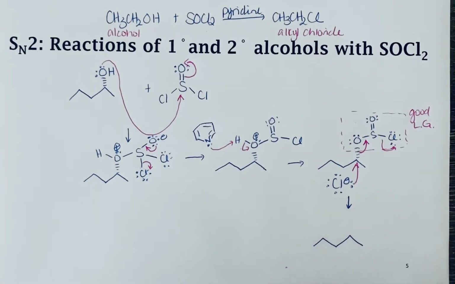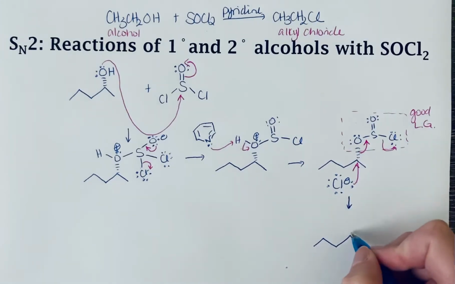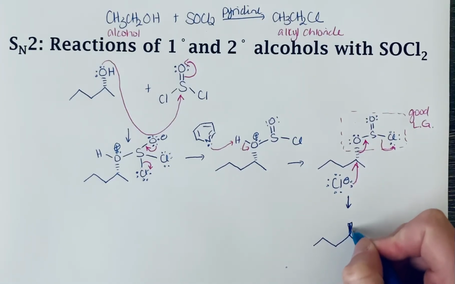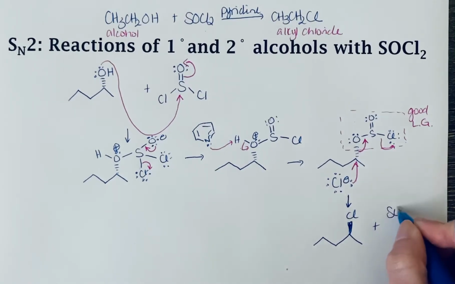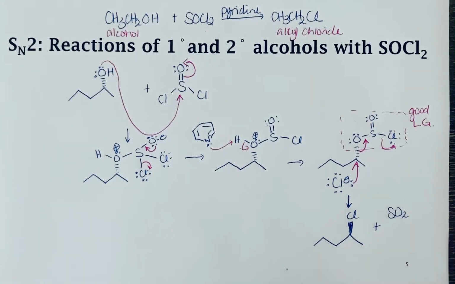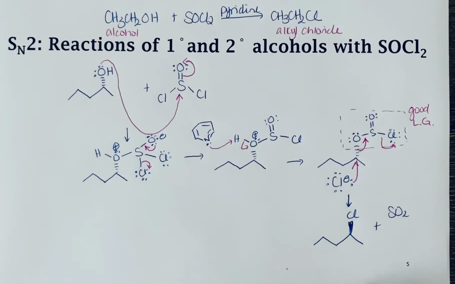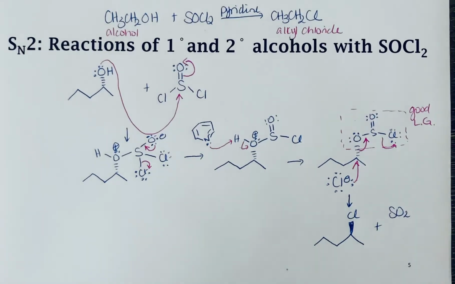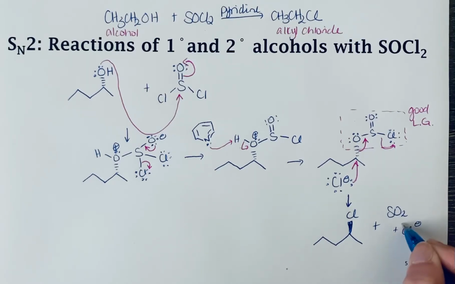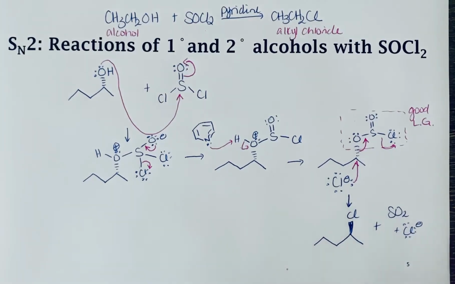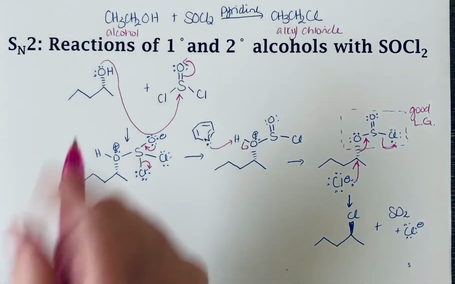And so we will see, again, the SN2 attack. What that's going to do is invert the chirality. And I'm going to draw the byproducts here. So SO2, sulfur dioxide, that's a gas. So forming a gas always helps to pull a reaction forward, and you're forming some chloride ion as well. Okay, and so overall, we have taken an alcohol,